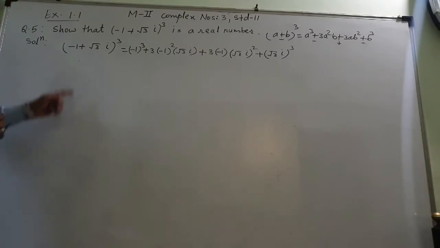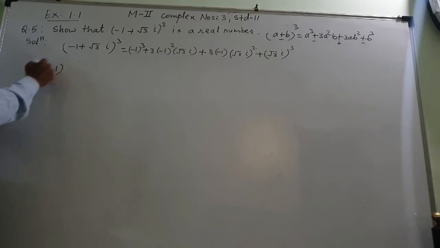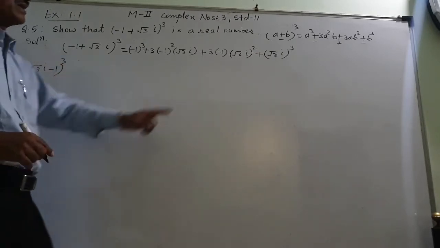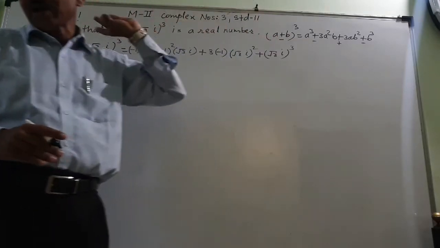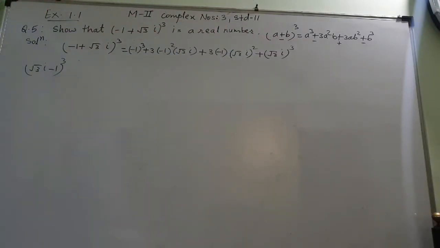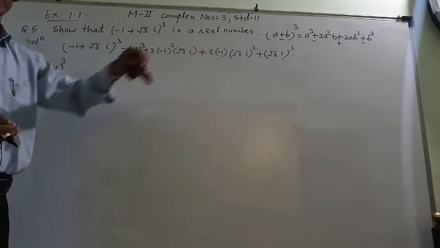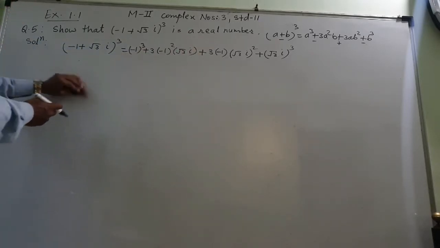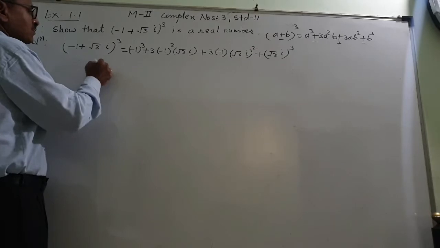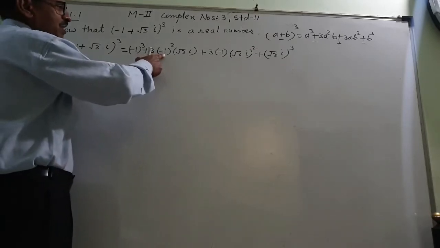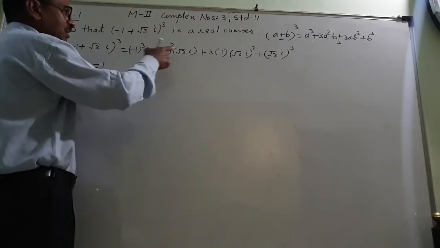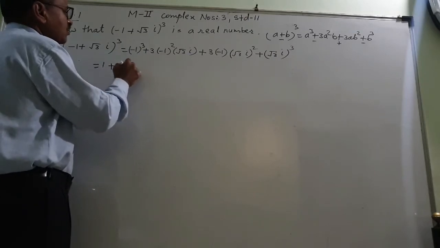Somebody might say, sir, this is -1. So if I write it like this, (√3i - 1) cubed, and use the formula of minus, then also this is absolutely correct. Don't worry at all. Either you use this formula, and at the place of minus you don't write these numbers itself. So that is equal to (-1) cube is -1, (-1) square is plus 1, times 3. So this will be plus 3√3i.